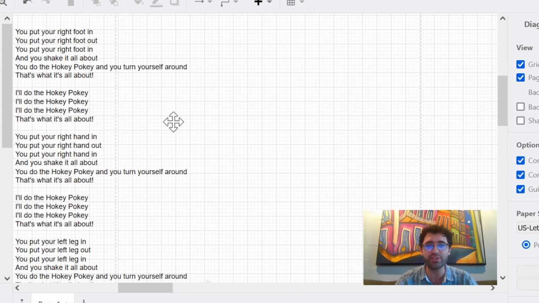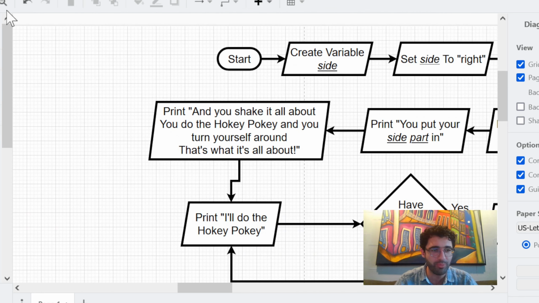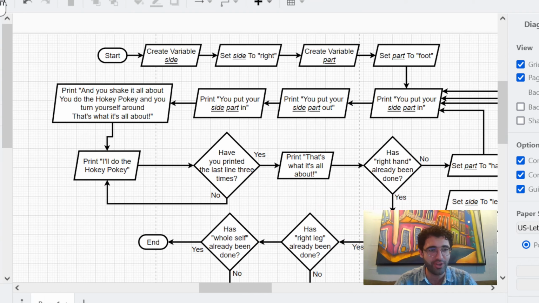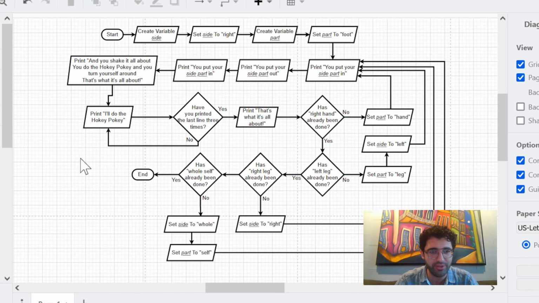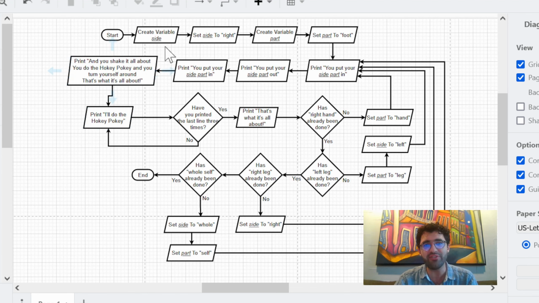So I've gone ahead and created 2 different flowcharts, each representing the full lyrics of the hokey pokey. So first we have this example here where you begin, and we're creating variables to do this. We have a variable representing side that can equal left, right, or whole. At the end, you put your whole self in, you put your whole self out. And another variable that refers to what part of the body you're referring to, whether it's your foot or your hand or yourself. And as you see, we go through and we're doing repeated print statements that call the variables